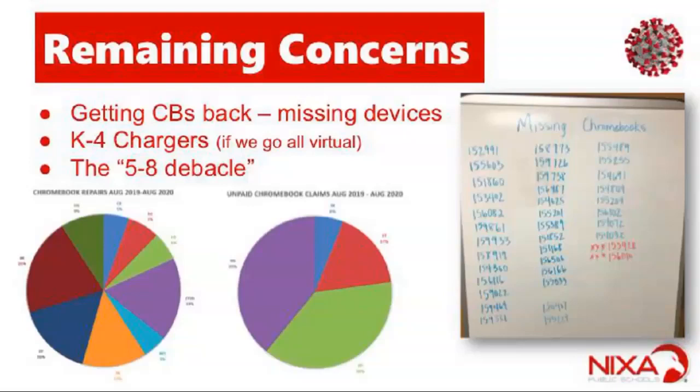And then I would say our remaining concern is still that 5-8 debacle with the virtual parents. They're not happy about it. But I put a couple graphs in there. You probably can't see the numbers, but the big pieces of the pie are my 5th through 8th buildings. Now, on the other hand, when we look at the left one, that just shows you damage and repair. Another thing that went into that decision was that in 5th through 8th, we had the majority of our damage. Again, this isn't the reason, but it's another reason that we made the decision not to give the newer devices out to the virtual students, since they have the same functionality,